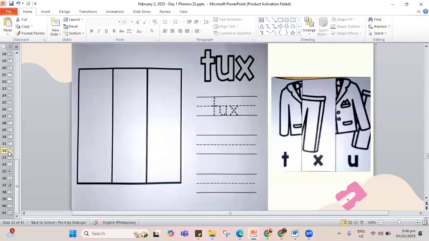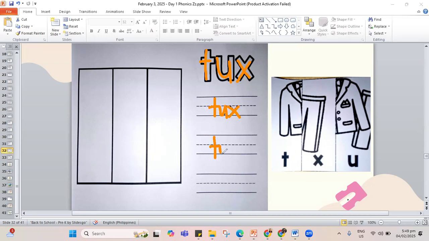Okay, our last picture here, oh, not yet, it's second to the last. This is the tux. So let's spell it out. You have T, U, and the letter X, tux.